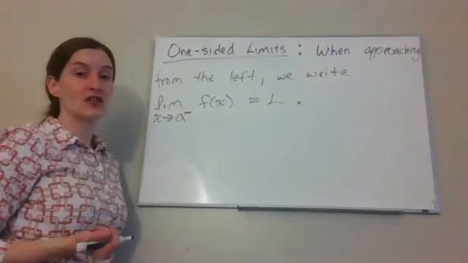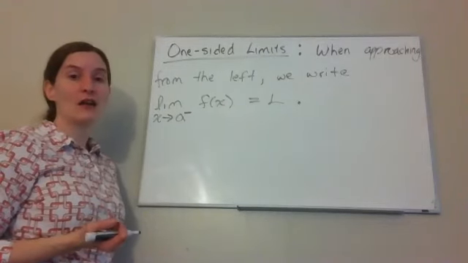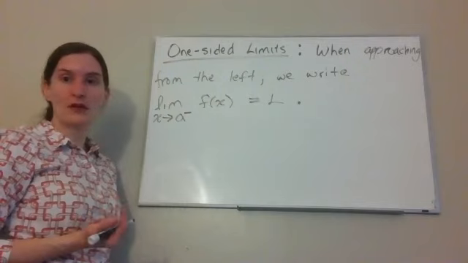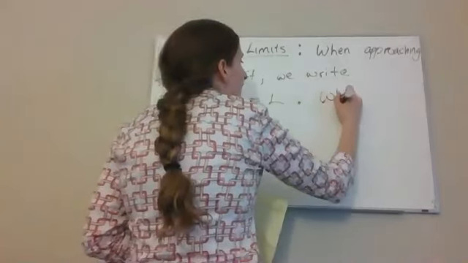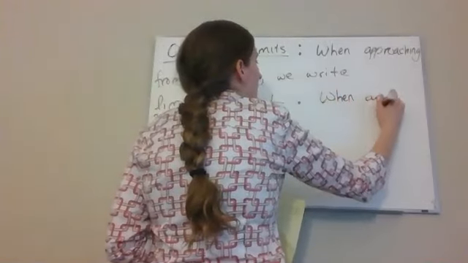It's just notation saying that we're approaching a from the left side, numbers that are a little smaller than a. And when we approach from the right side,